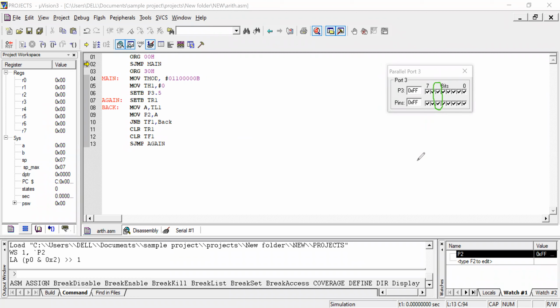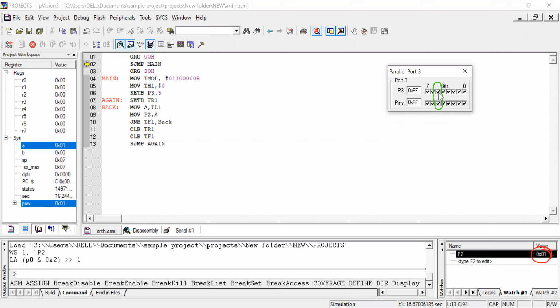If I give one period, that is one clock pulse, to this particular pin, then the corresponding output you can see in the port will count values 1, 2, 3, 4 like that. Let us check that. I'm giving the clock pulse here. I need to run the program first. Okay, I'll run the program. Now I will start to give the input.